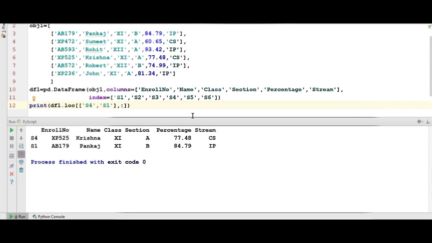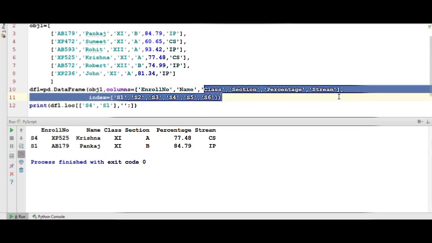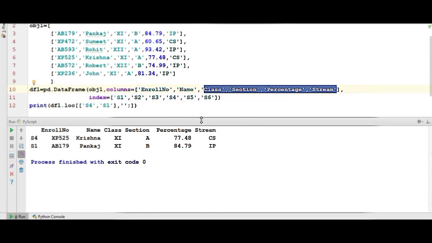Just after this first bracket, when you close the first bracket here, write after the comma, give single quotes and write down the name of the column from where you want to slice the rest. Suppose that I want to print all the details from class to stream. So in this case I will write class